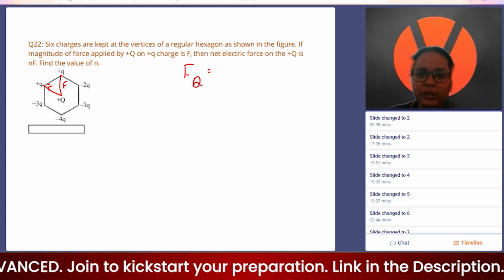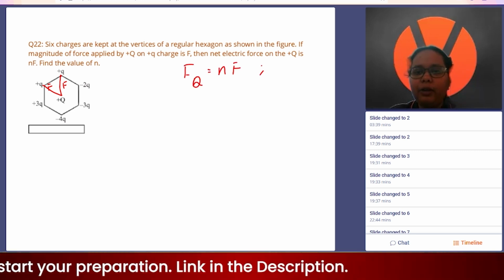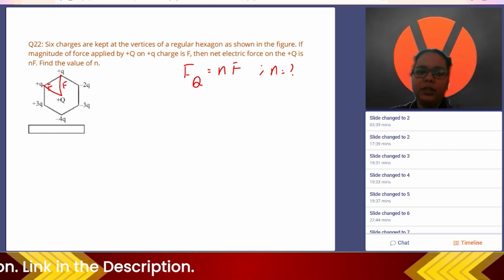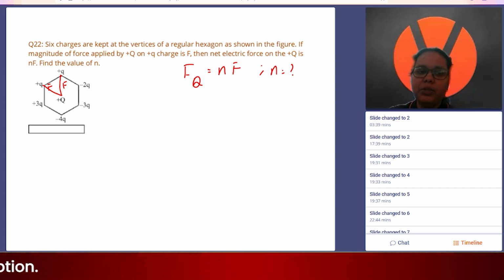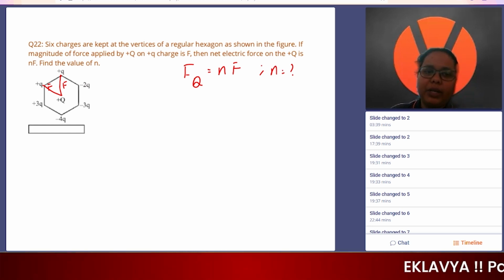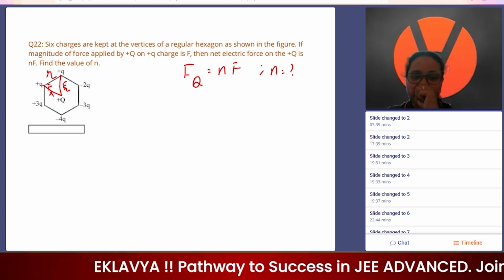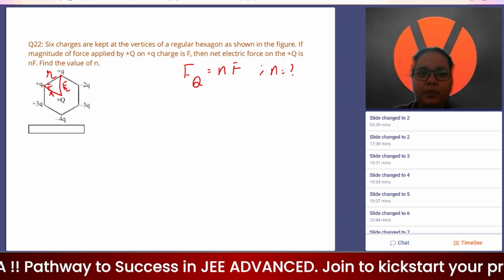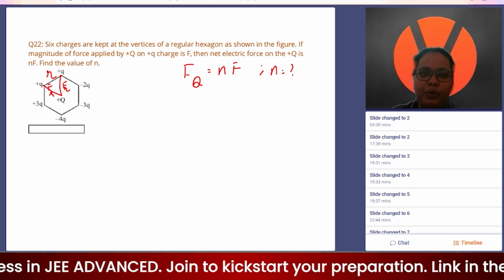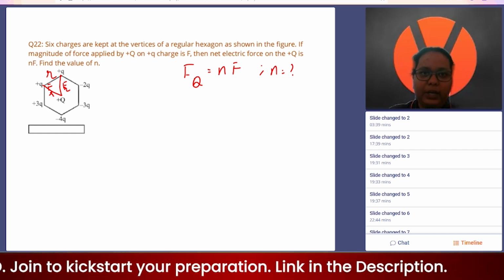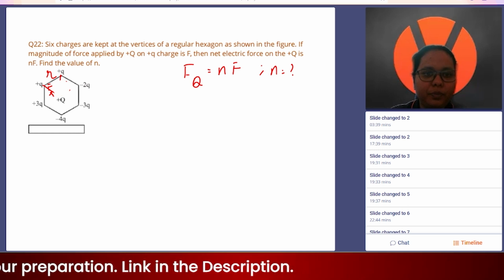Find the value of N. A hexagon consists of 6 equilateral triangles, so if you keep the side as R, it is R everywhere. First you need to find each and every force, and since it is a vector quantity, you need to